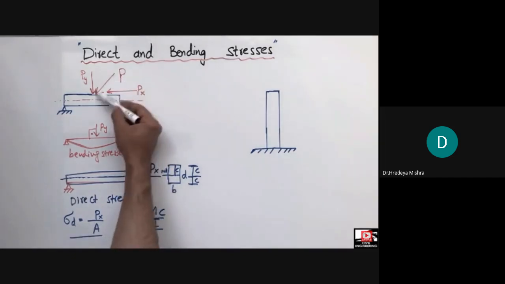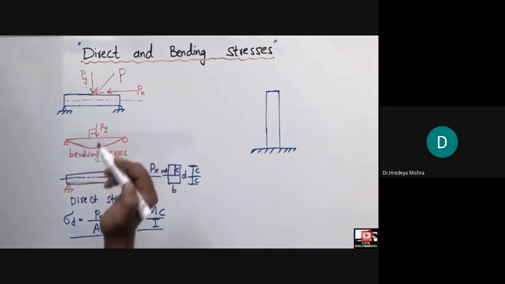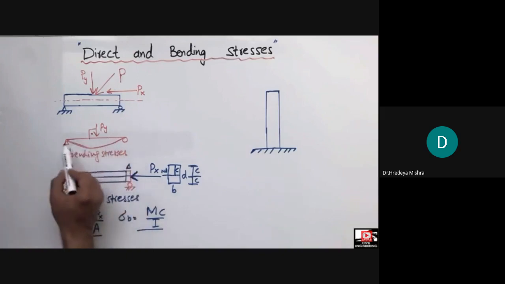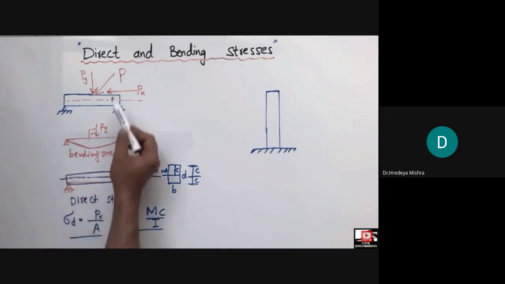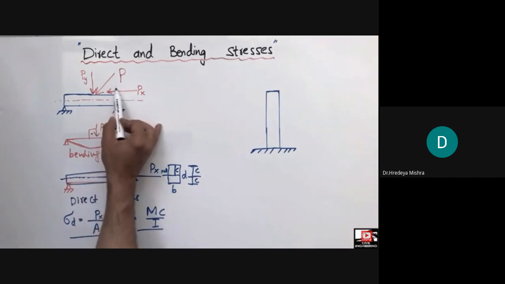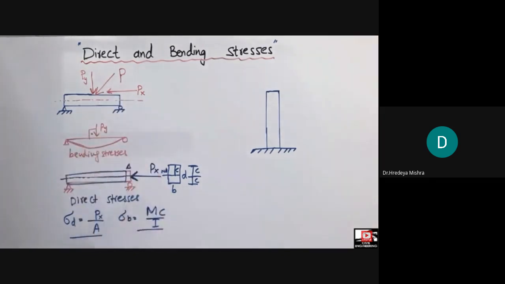If we have an inclined load, it means we have two different types of stresses. If we have just a vertical load or transverse load on the beam, we will only design our beam for the bending stresses. But if we have a horizontal load only, then we have to design our beam for the axial load. If we have an inclined load, then we will have to design our beam for the combination of the stresses,